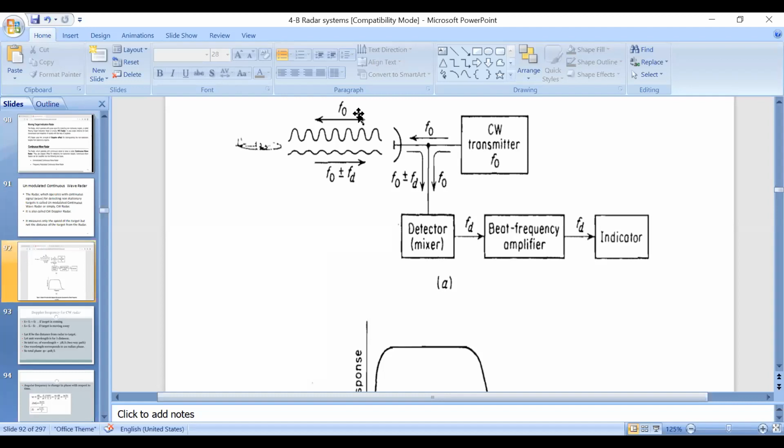Such type of echo signals are the echoes from the stationary target. So the beat frequency amplifier rejects the echoes from the stationary targets, and those echoes are called clutter signals. Clutter is a very important point. There may be a chance of asking for 2 marks, what do you mean by clutter? Clutter is nothing but echoes from the stationary targets, right? So this beat frequency amplifier rejects the clutter signals and allows the echoes from the moving targets, right?